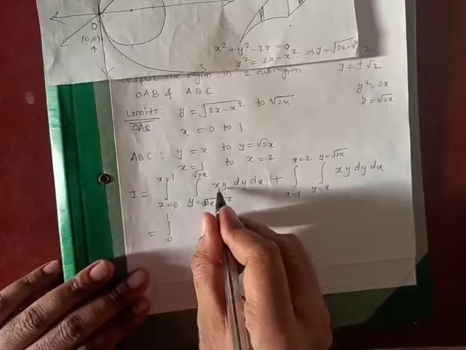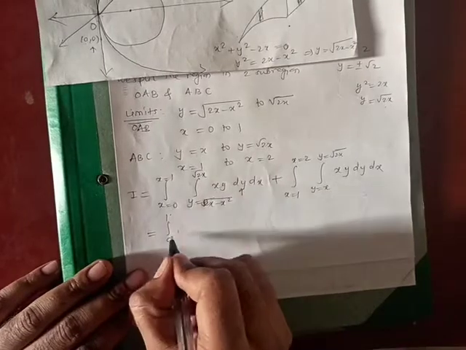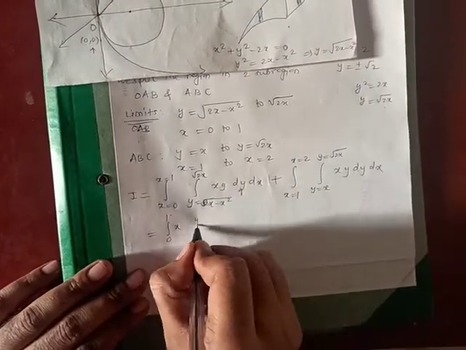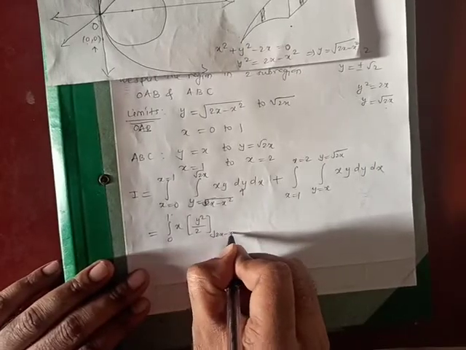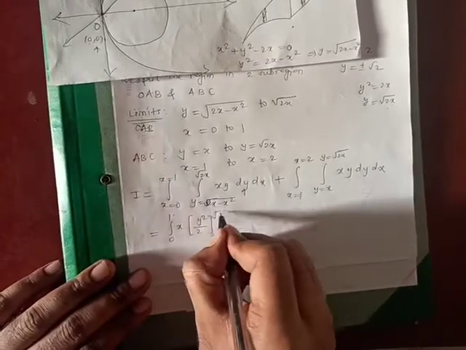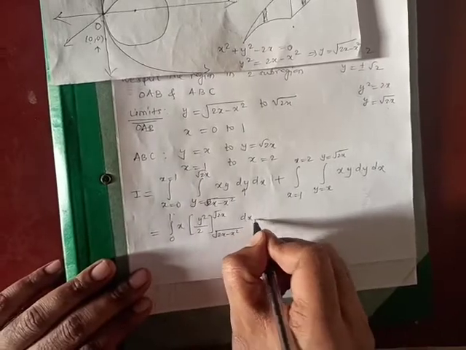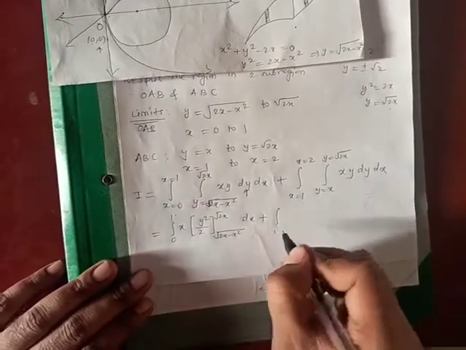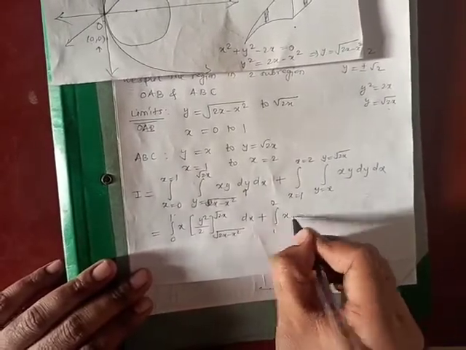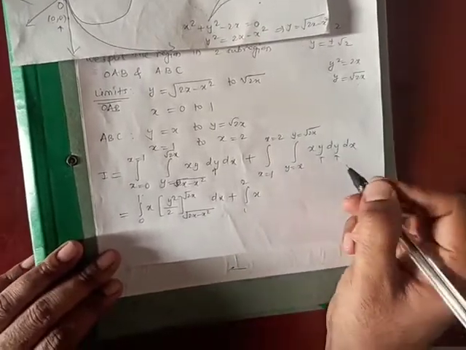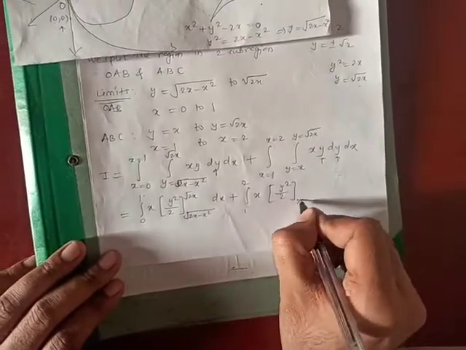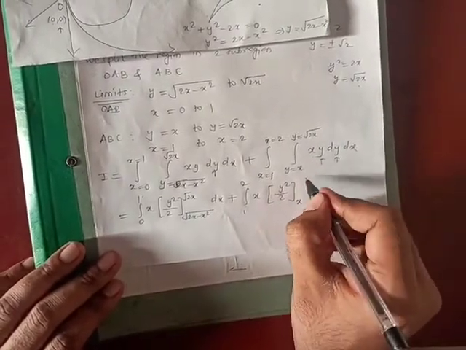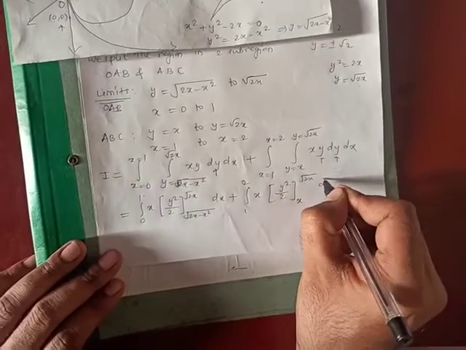0 to 1 as it is, you are integrating with respect to y, so x is a constant. What is the integration of y? Y square by 2 from root 2x minus x square to root 2x into dx, plus integration 1 to 2, x as it is, you are integrating with respect to y, and therefore this will be y square by 2 from x to root 2x into dx, right? Simplifying this,